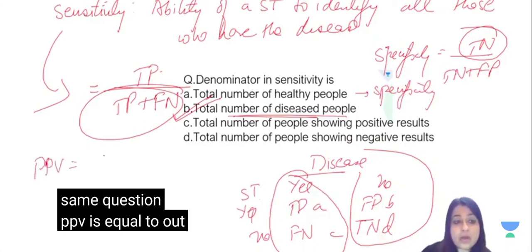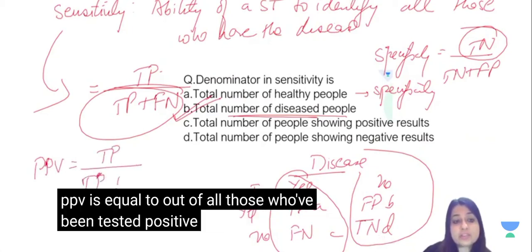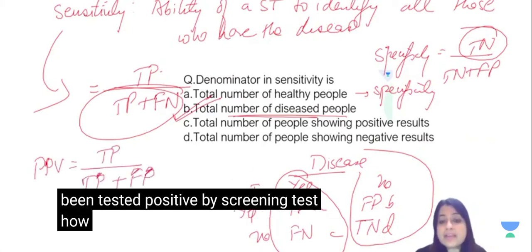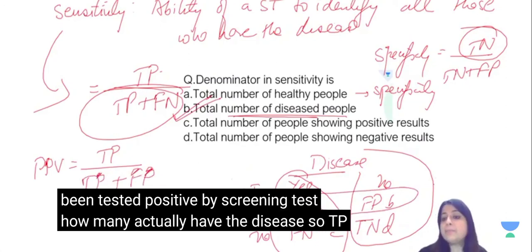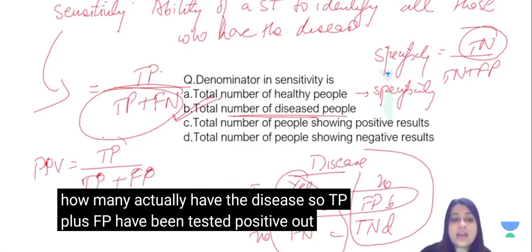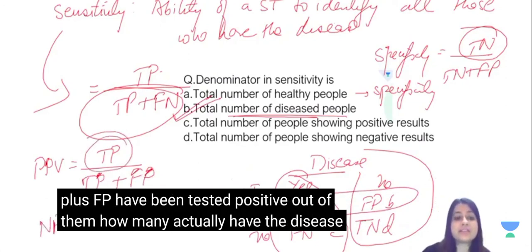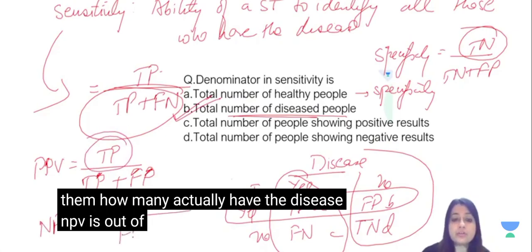PPV is, out of all those who have tested positive by a screening test, how many actually have the disease? So TP plus FP have tested positive. Out of them, how many actually have the disease? NPV is, out of all those who have tested